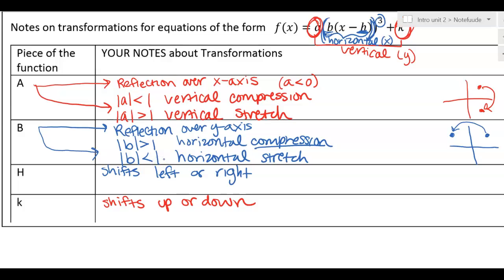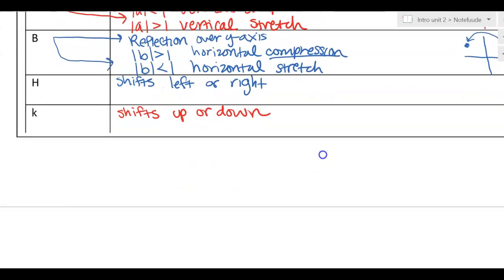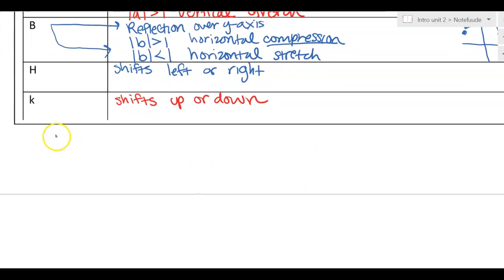And again, those absolute value bars are there just saying, I don't care about the negative or positive. That's whether or not there's a reflection. Just look at the number part to determine what's happening. Okay? And then I'm just going to give you guys a quick idea to wrap your head around the B value a little more and make sure you can pick out your H properly now that we've put B into the equation. So let's say that I gave you guys